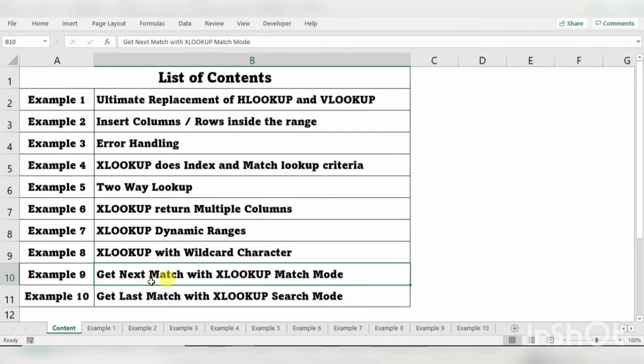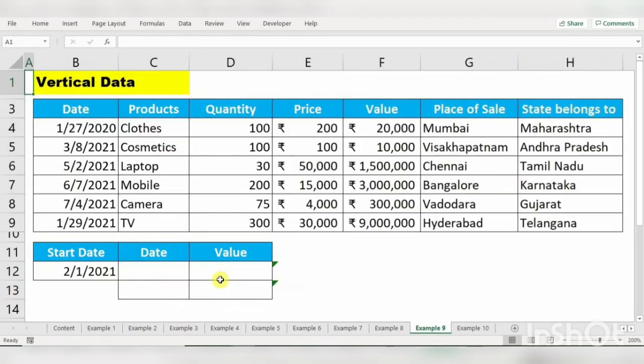The next example is get next match with XLOOKUP match mode. Let's see the example. Now we have a date 1st February. Now we have to get a value based on the date, but we couldn't find the same date here. So we are going to use a next larger item to pull the date. Here if you want to pull your data before February, you have to use next smaller item.